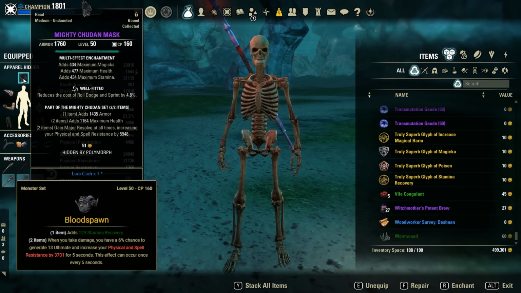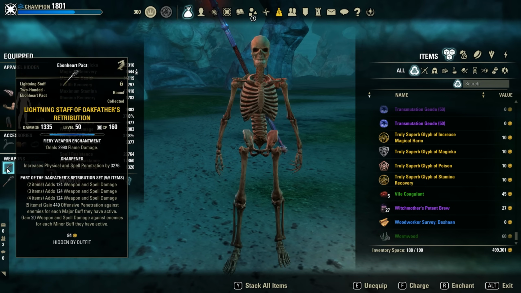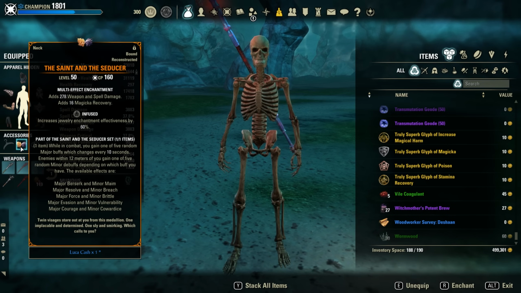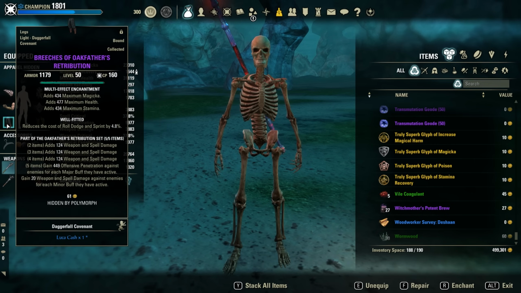Talking about the sets, the other stuff is nothing unusual, with Rallying Cry on back bar for extra tankiness and weapon damage, Oak Father's Retribution on front bar for a ton of weapon damage and some penetration, combined with the mythic item Saint and Seducer, which delivers a huge amount of strong major buffs and applies minor debuffs as filler for the XHP. Armor types: 1 heavy chest, 4 light armor, simply because Oak Father and Rallying Cry are